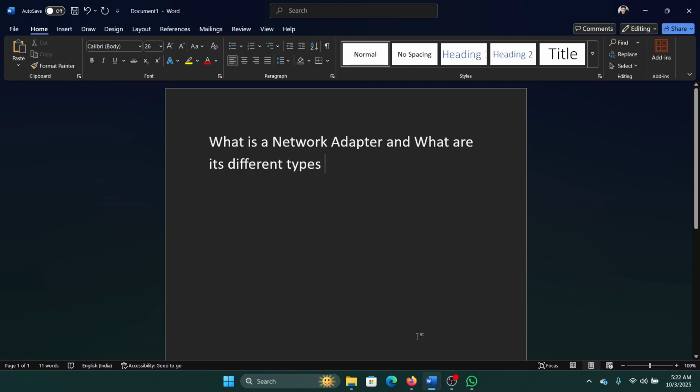So a network adapter is that physical device inside your laptop or inside your desktop that allows you to connect to the network. Now obviously a network adapter doesn't have two types, but it has types of connectors, which are